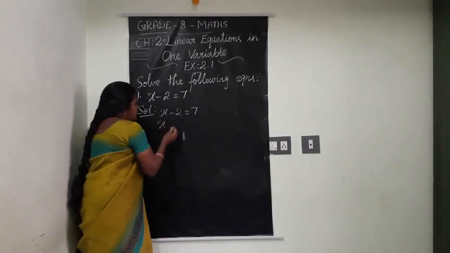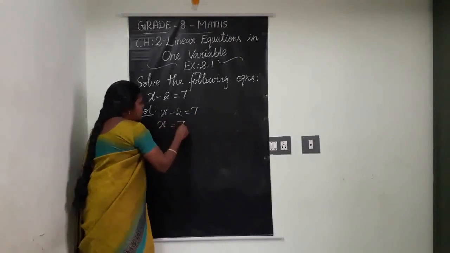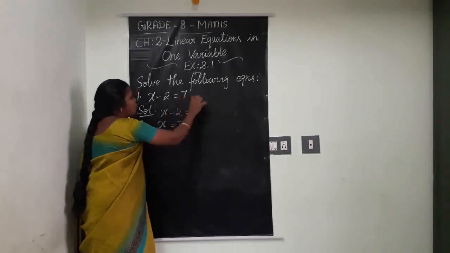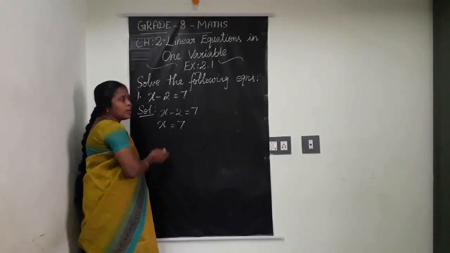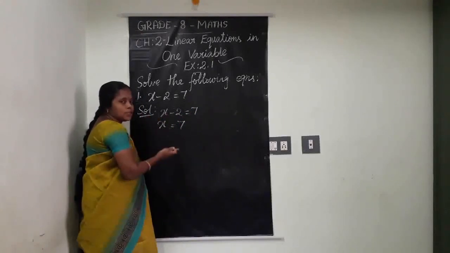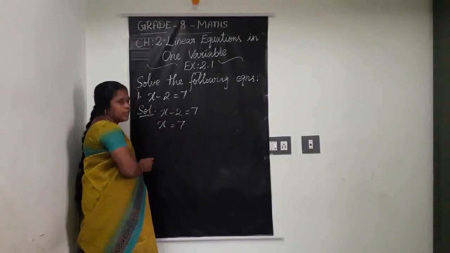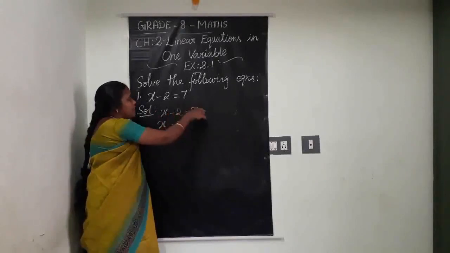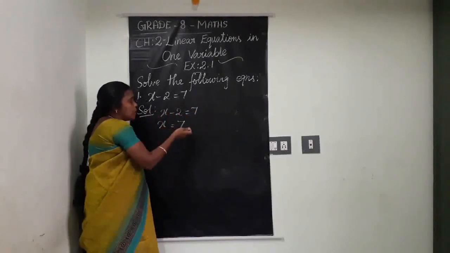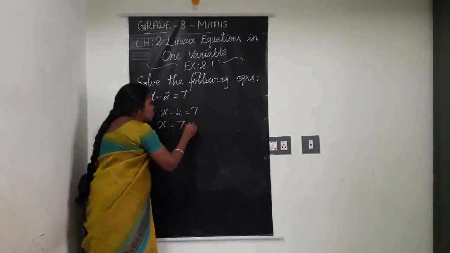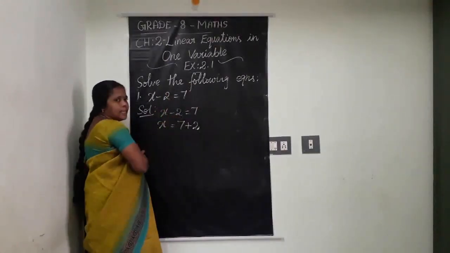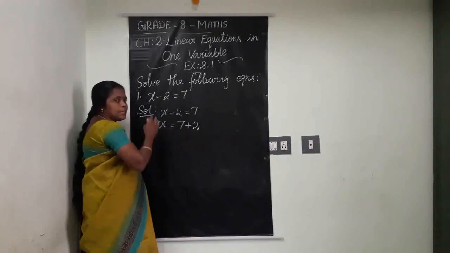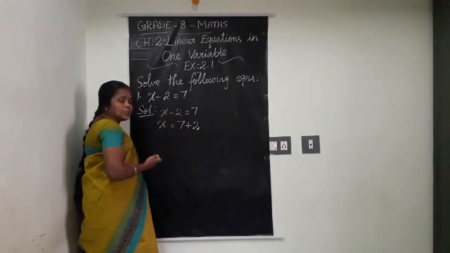So if I shift this minus 2 to that side, how does it go? Already I said, transposition means while shifting a term from one side to the other side, the sign has to be changed. Clear? Minus 2, while shifting there, goes to the positive category. That means plus 2. This is transposition. Shifting one term from one side to the other side, at that time the sign will be changed. Plus means minus. Minus means plus.